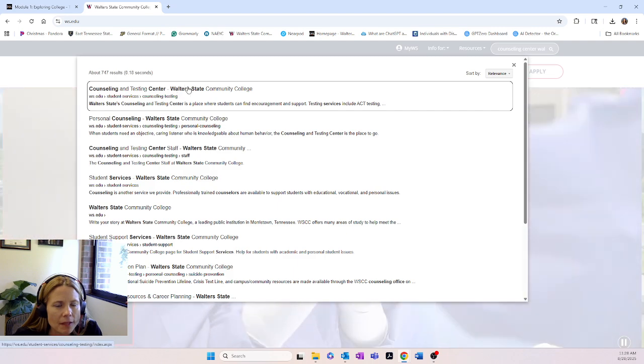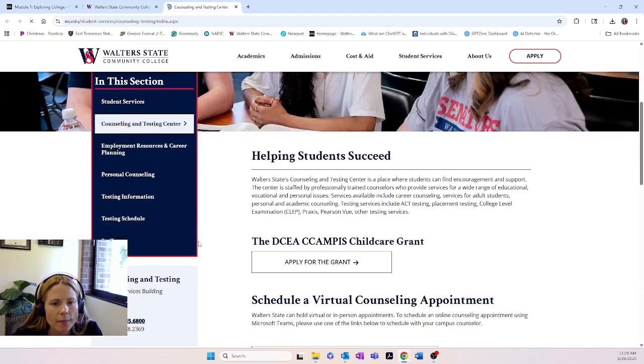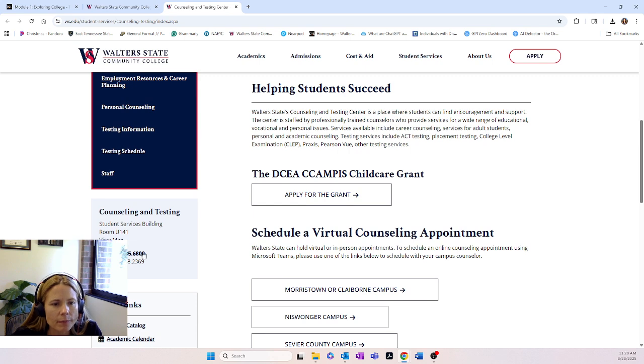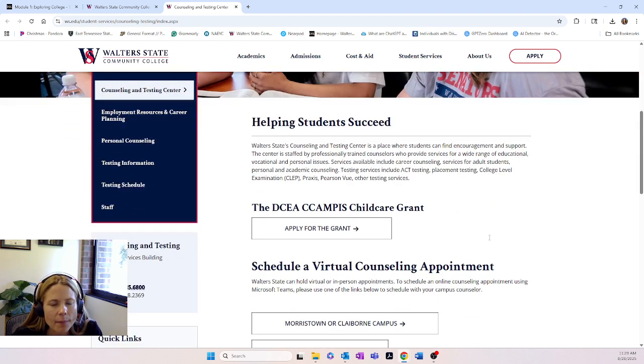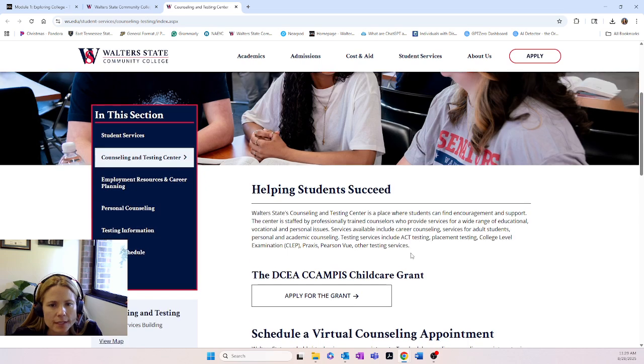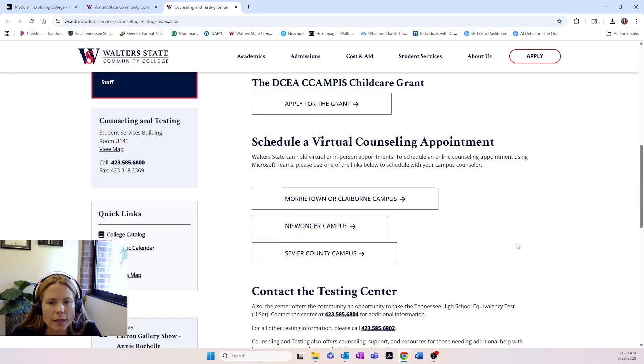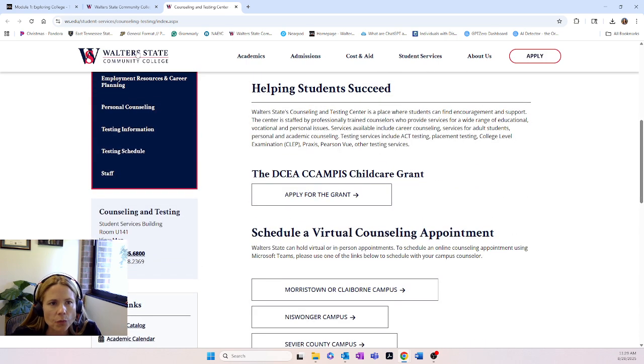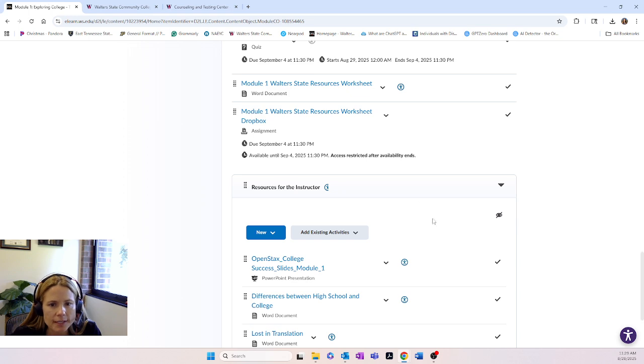When you make your selection, it's going to bring up that office and it will have what building, where it is actually located, and the office number. On the page that comes up, you're going to see a little synopsis or summary of what they do. That's what you will put in the worksheet and submit.